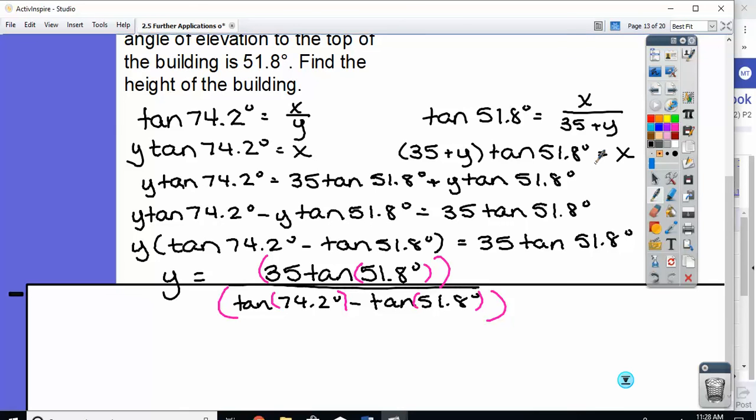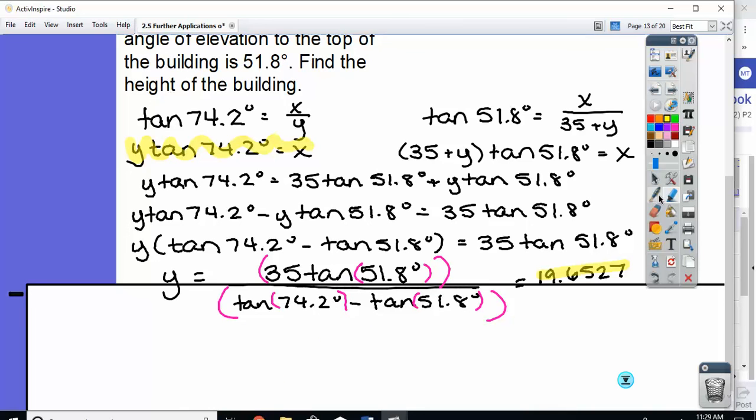What'd you guys get? 19.6527? Is that what I was looking for? Y is the bottom, and I asked you to find the height. So I really want x. But we have places we could plug that in. Let's just do this right here. x is y times the tangent of 74.2. So if I do 19.6527 times the tangent of 74.2,